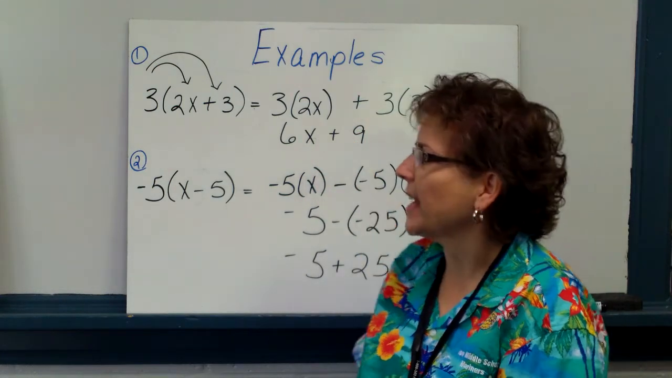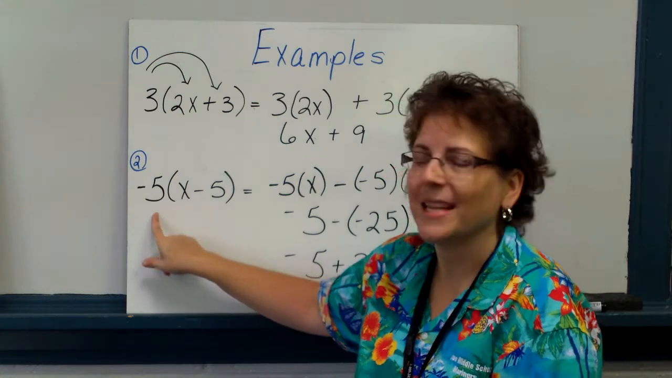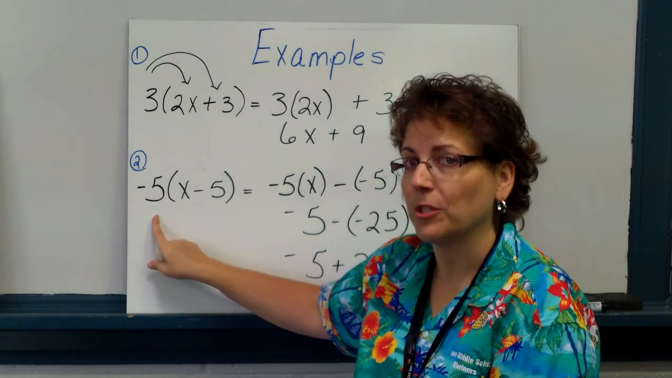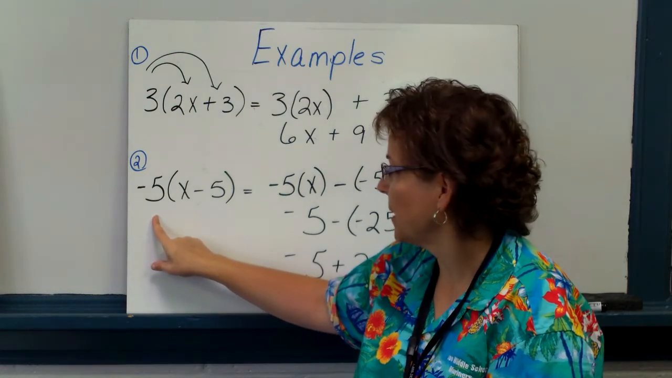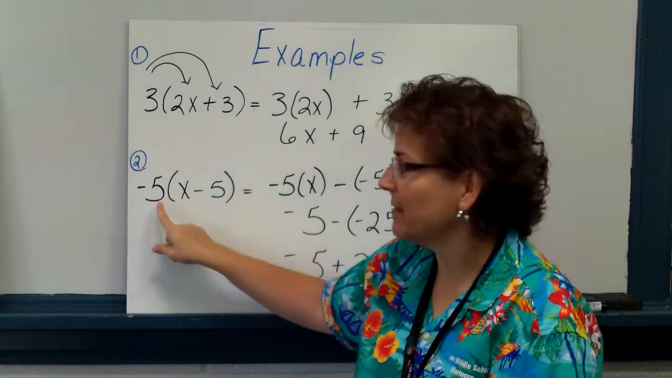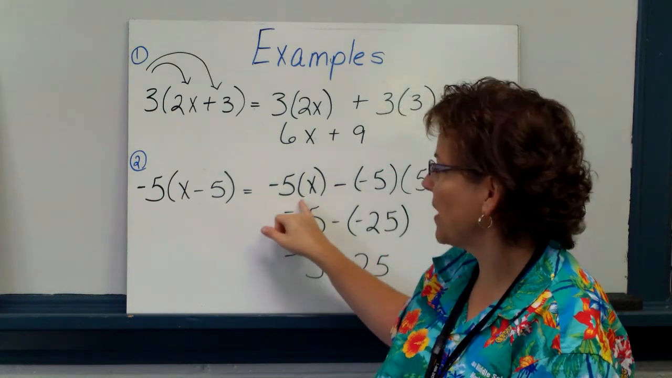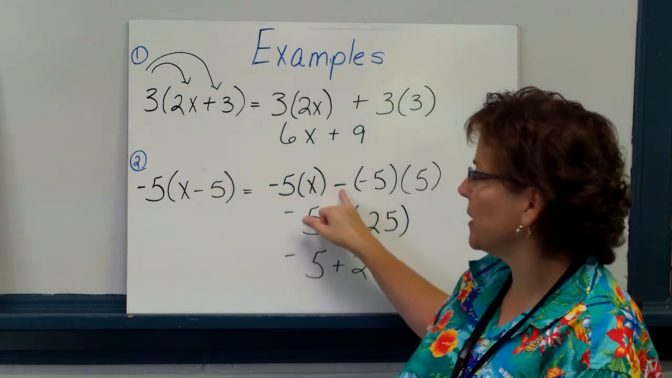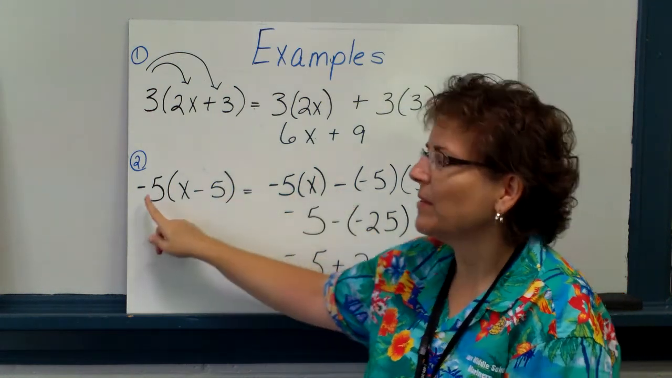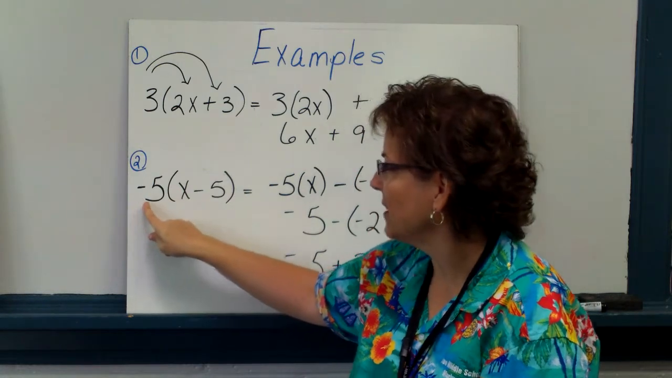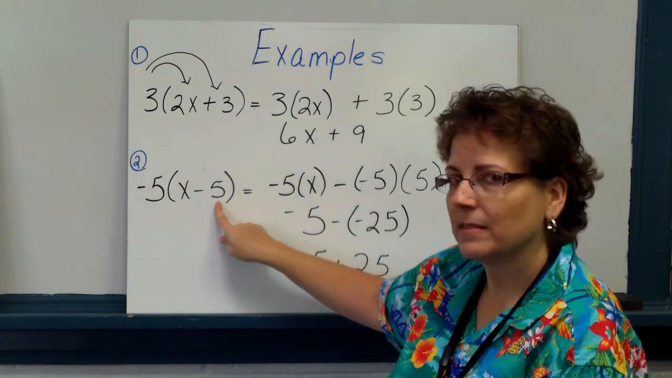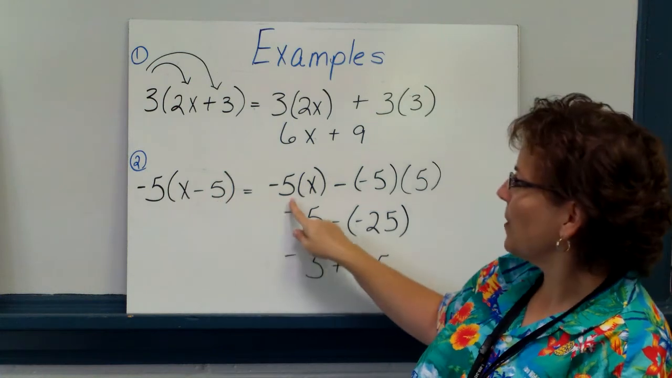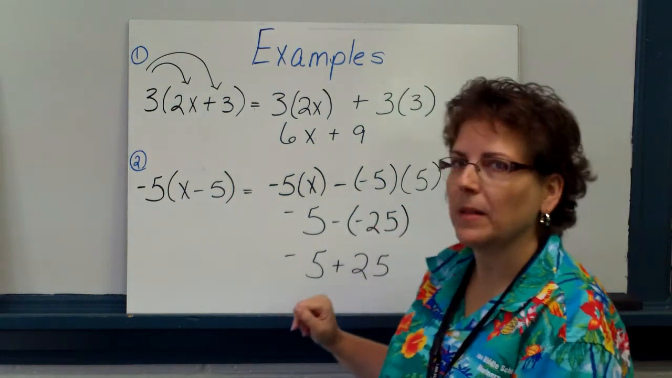Here's your second example. This one has a -5 out front that we have to multiply through the parentheses. So first it's going to be -5 times x. It's right here. We have a minus sign here, so that continues here. Now we've got -5 times 5. So here's the line right here. And when we multiply these out,